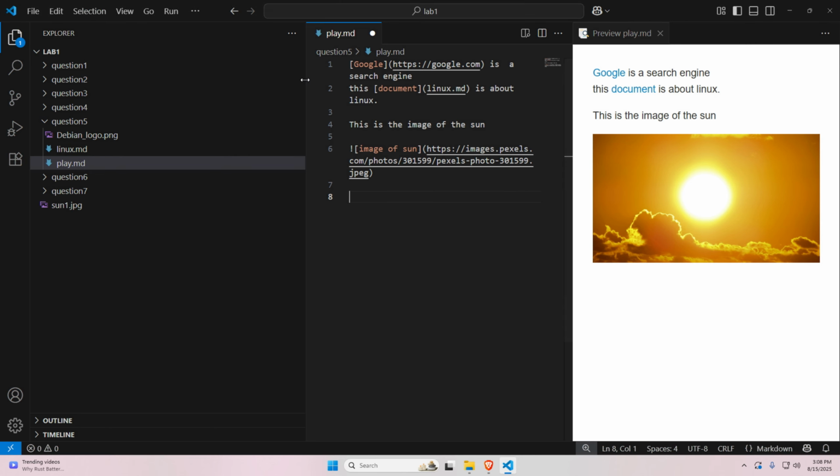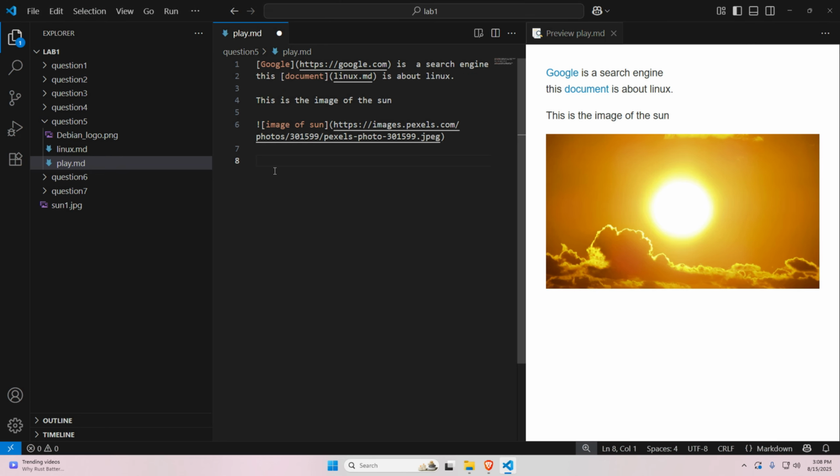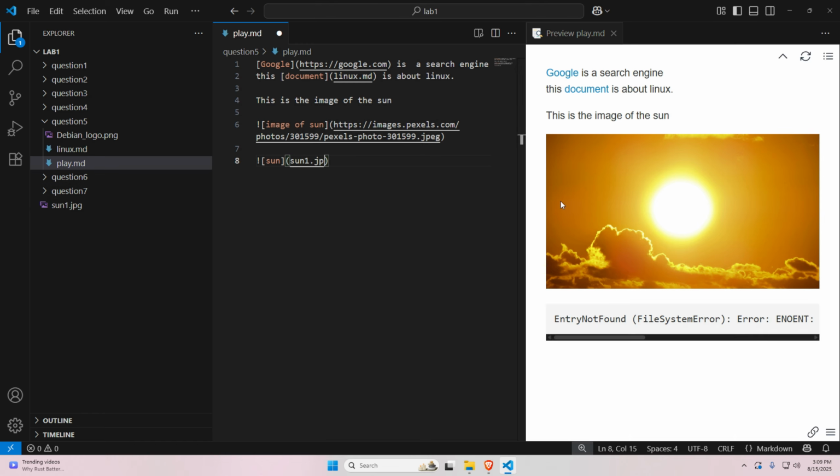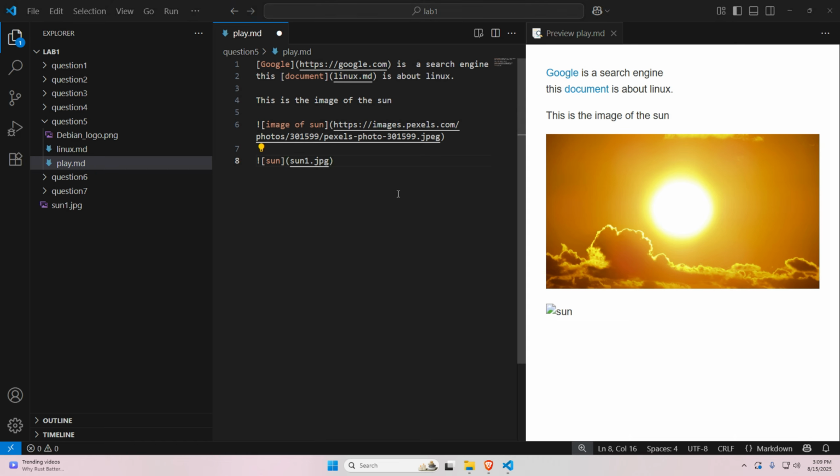Now, I want to insert that image in my document over here. So this file, play.md, is located inside question 5. So if I do sun, description of the image, and then I try to put sun1.jpg, it doesn't work. And the reason why it doesn't work is because you told VS Code that inside this